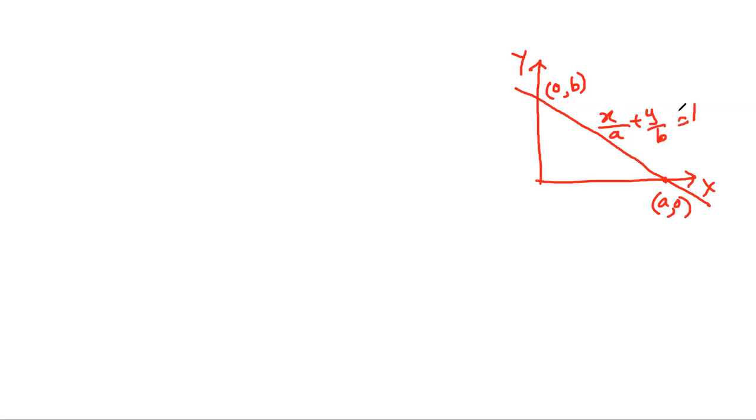again take the x-axis and y-axis. Now one line, this is the way. This point on the x-axis, let us say A, 0. On the y-axis, this point is 0, B. Clear? This line equation we can call x by a plus y by b is equal to 1. This is also a straight line.